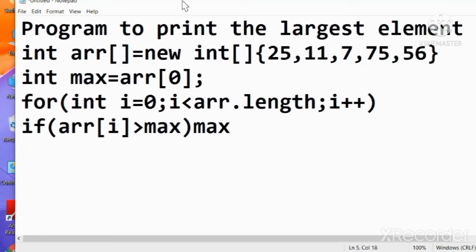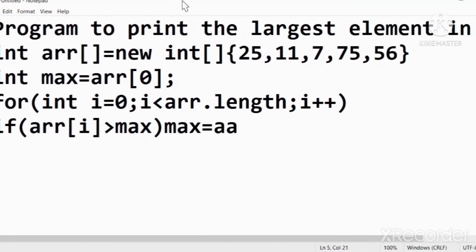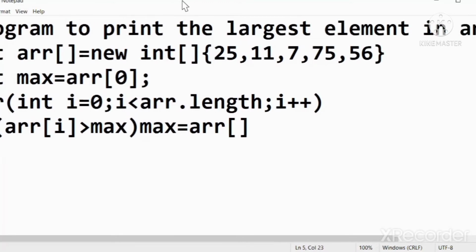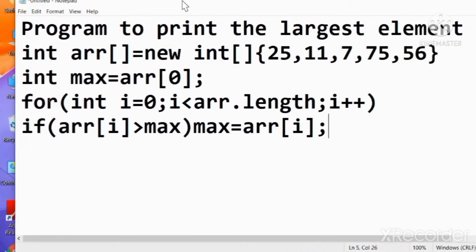Max is equal to arr of i. Means that we are comparing.